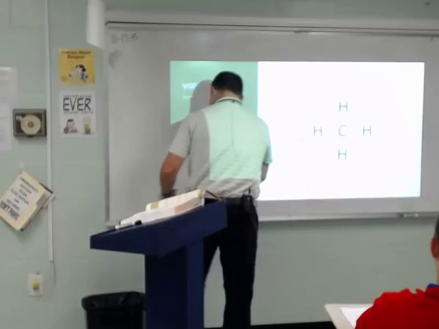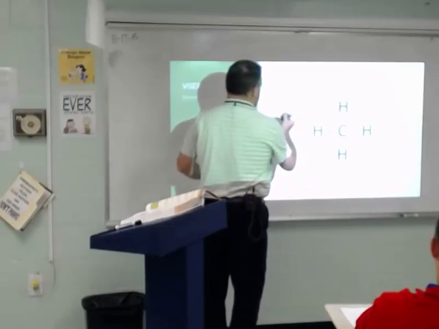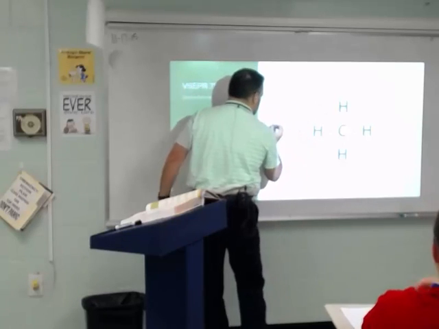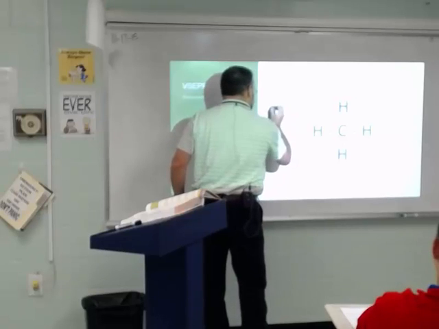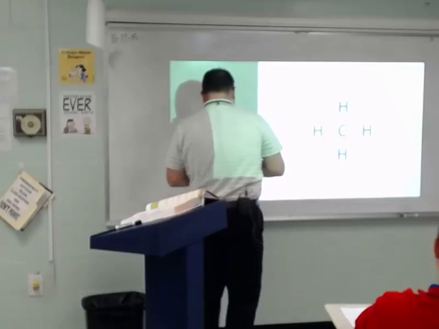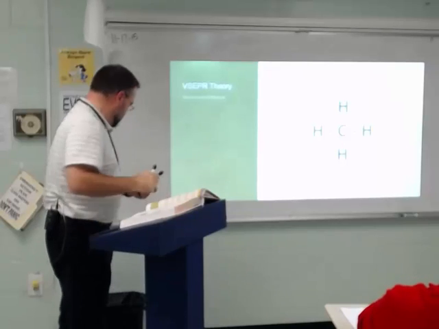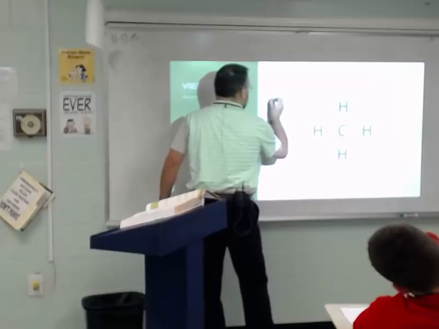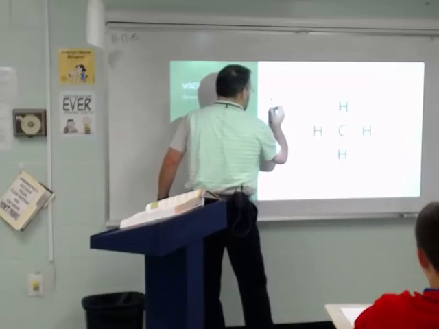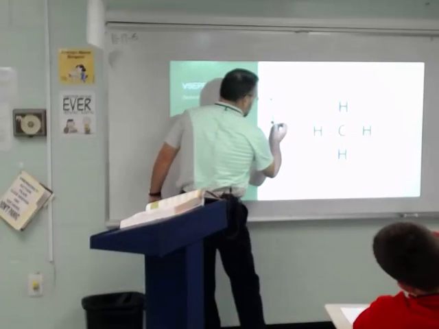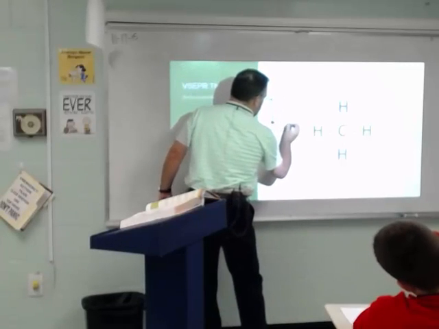In the first example I used, we had a central carbon. Let's get rid of the carbon and hydrogen. Let's just use this idea of, okay, here's a center point. And I have bound to that center point, let's just give it a positive charge there. It's an awful marker. So let's pretend we've got a central point here, and we'll give it a common charge of a positive, and it's stuck to that positive by an arm. And I put another positive leg on this thing, and these two are